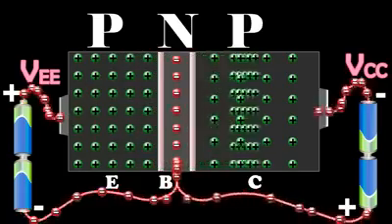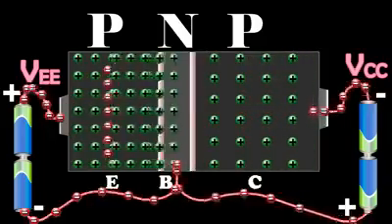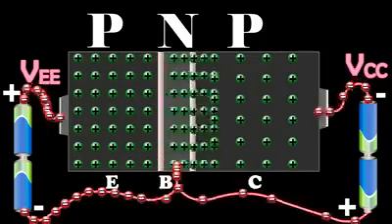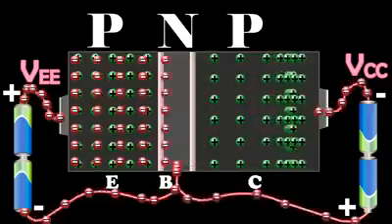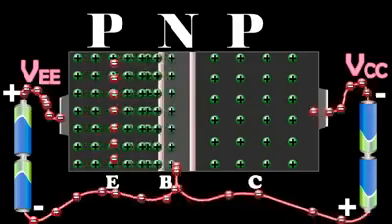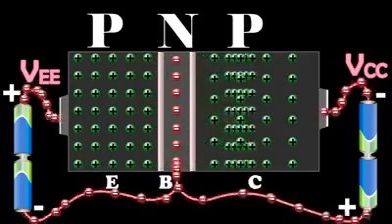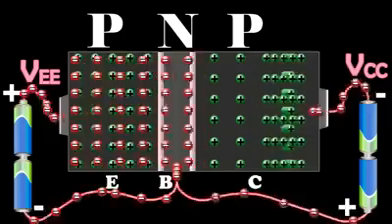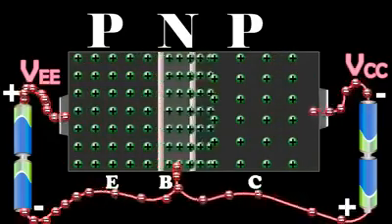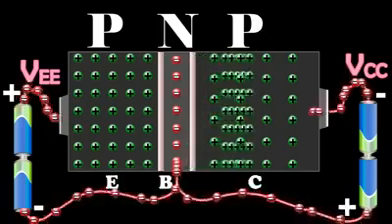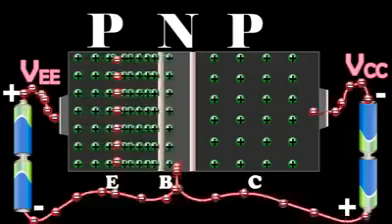The holes diffuse through the base. These holes take a very small time to flow through this region before they reach the depletion region. During this time, a very small number of holes recombine with an equal number of electrons in the base. Because the base is lightly doped and very thin, this number is very small. The loss of total number of electrons per second is made up by the flow of an equal number of electrons from the negative terminal of VEE into the base. The flow of these electrons contributes the base current IB.